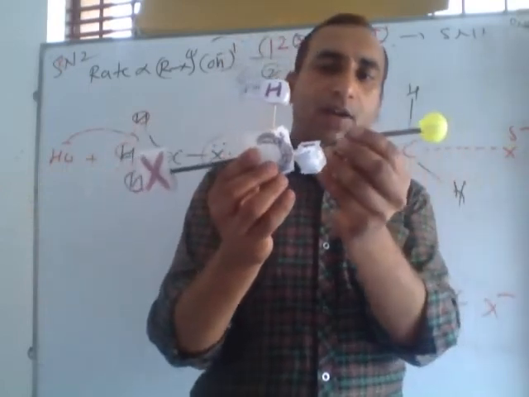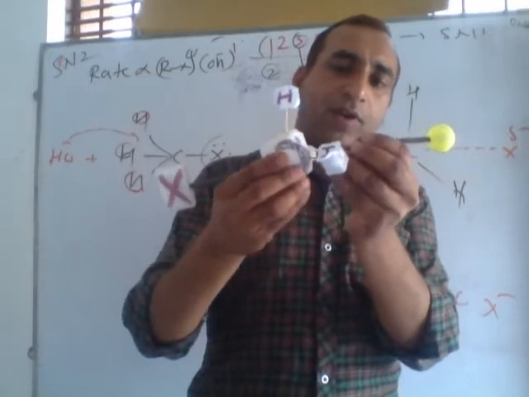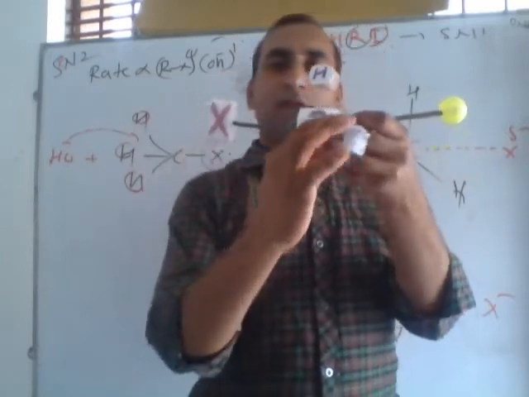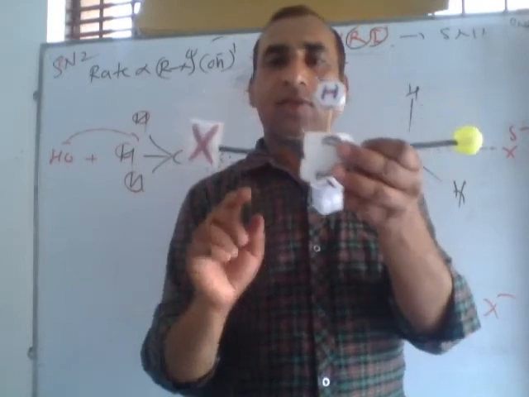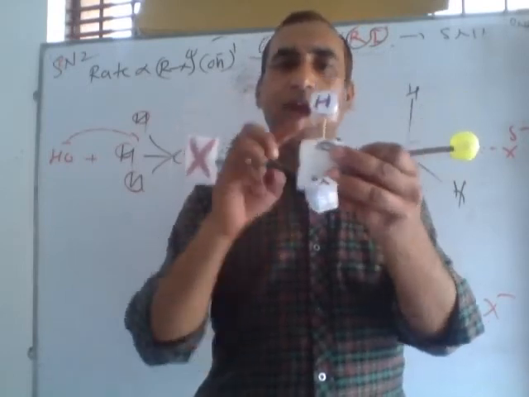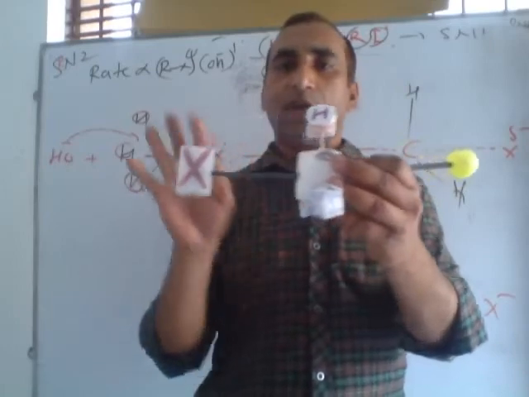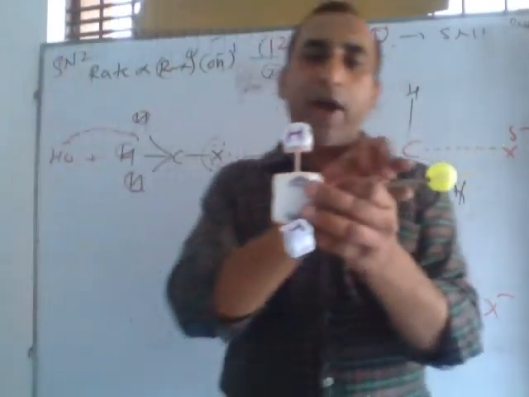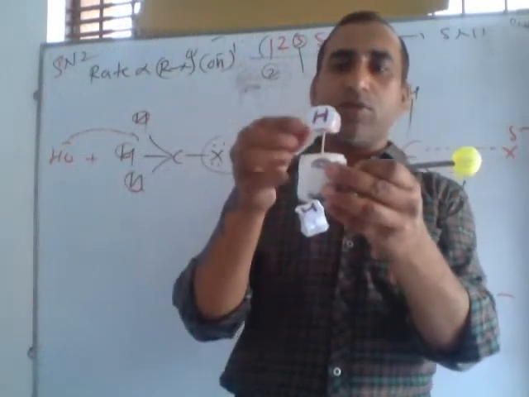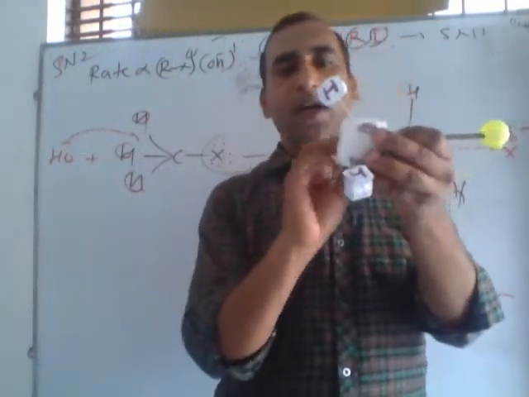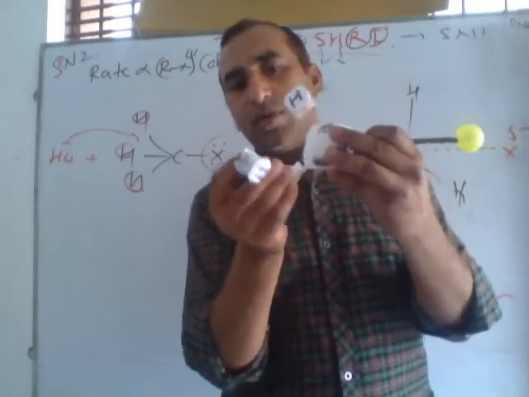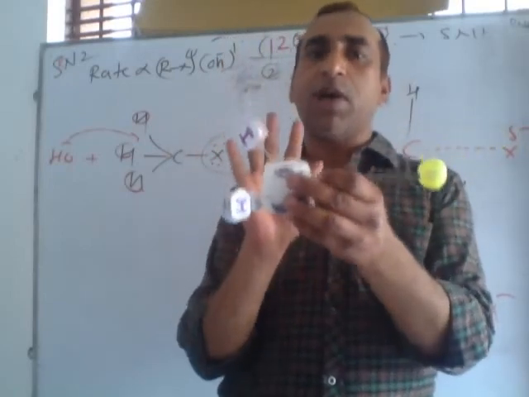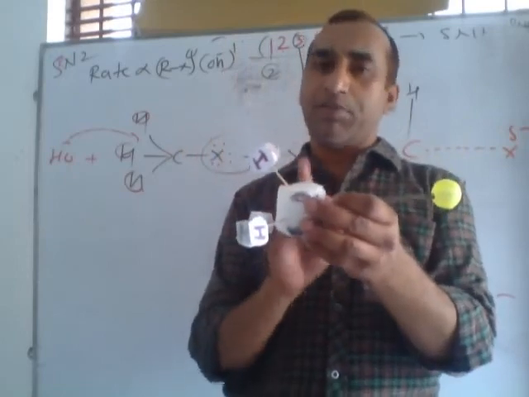The attack comes from here, and for a very short time this shape is formed. This is trigonal bipyramidal shape. After the reaction, this halogen is easily removed, and by adding this OH group, the orientation of all these hydrogens moves toward the left-hand side. The orientation is changed. This is called Walden inversion. This reaction is given by primary RX.